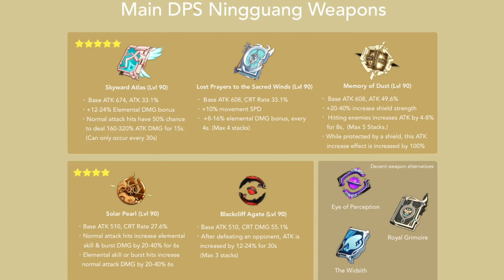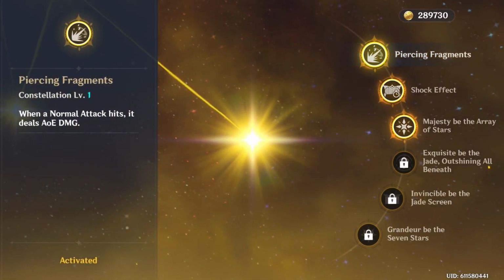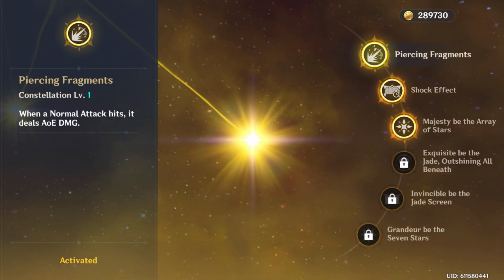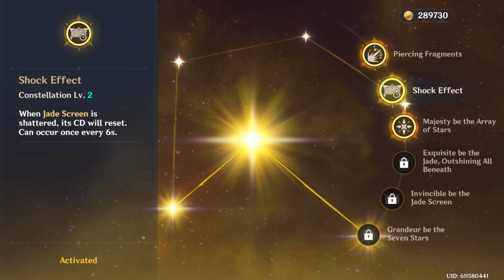And then if you don't have any of the 5-star or the 4 stars in the golden box, I have this little gray box, which are good alternative weapons as well. Moving on to Constellations, Ningguang is good at C1 and even better at C2. So at C1, her normal attacks deal AoE damage, which is very nice. And at C2, you're allowed to put down another jade screen after it's shattered, and this can occur every 6